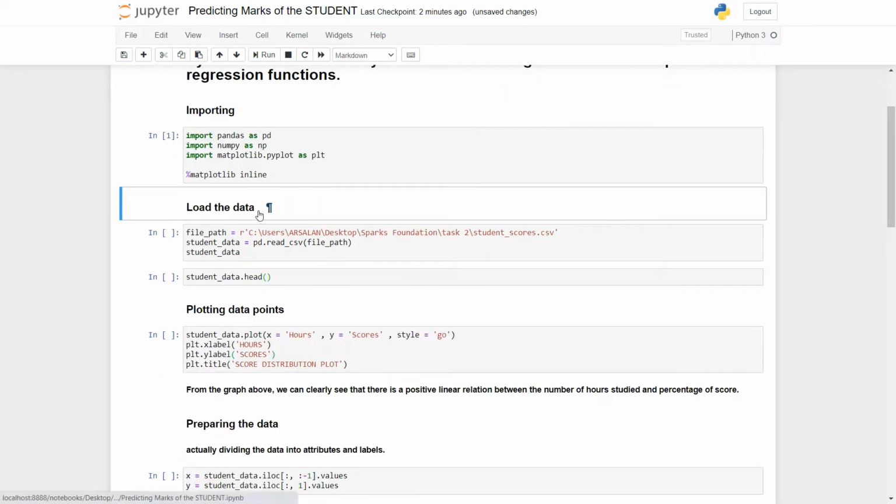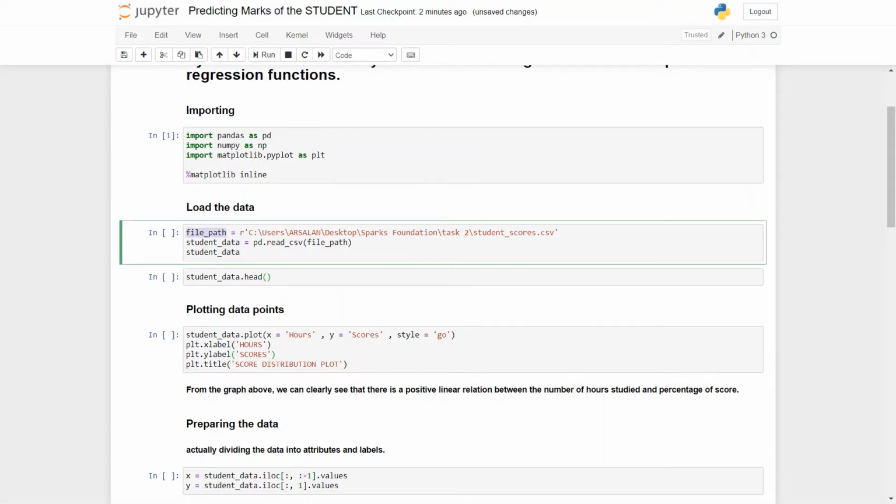The next thing we do is load the data. First, in a variable, we store the Windows file path of the file we want to load. The name of the file is student scores, and the type of the file is comma separated values, that is .csv. Since it is of type CSV, we use pandas.read_csv to load the file.